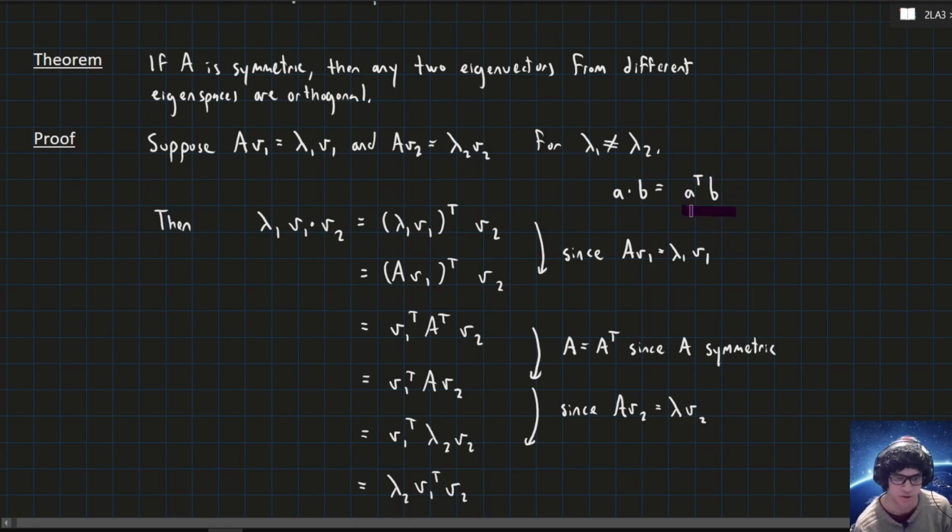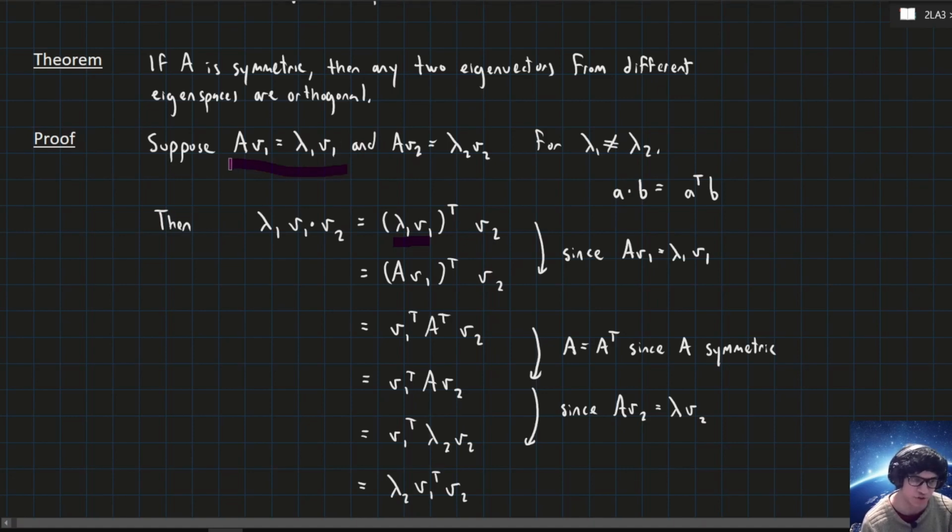You should feel comfortable going back and forth between these because it's needed for a lot of proofs and problems involving orthogonality. Here we have this vector, that's the A, dot this vector, that's the B. Applying this rule, I take the transpose of the first part and multiply it by the second vector. Now I have lambda 1 times V1